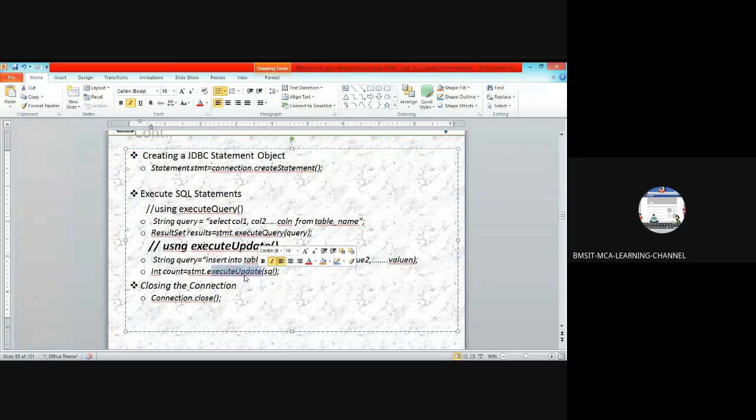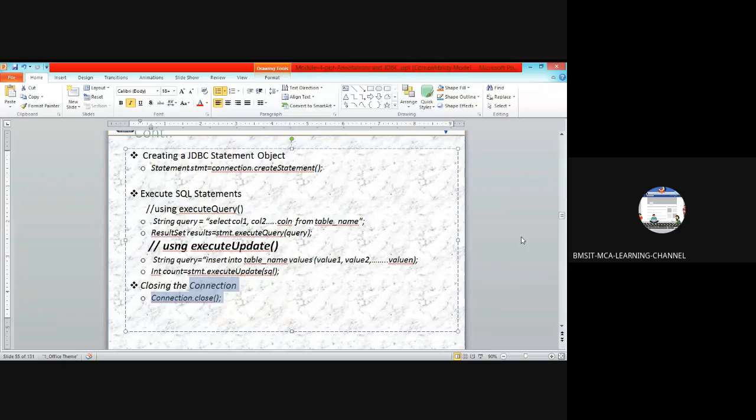So: loading and registering the database driver, creating the connection, then creating the statement object, then executing the statements, and closing the connection.